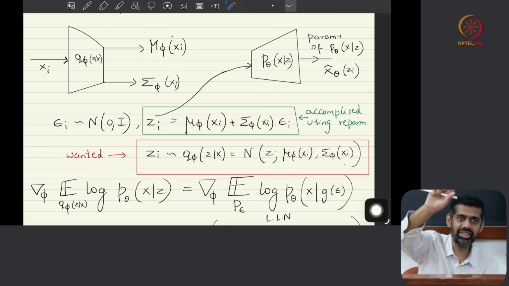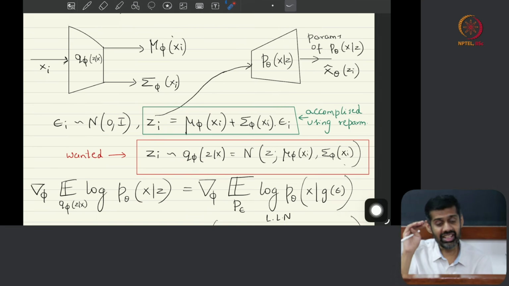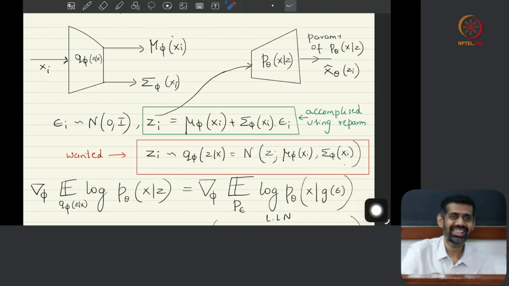That first vector is my mu, second vector is my sigma. That is not going to change. That is how I have built my neural network. So this is not generating samples, this is generating the parameters of the distribution itself. Precisely the point. That is why I started this class by saying